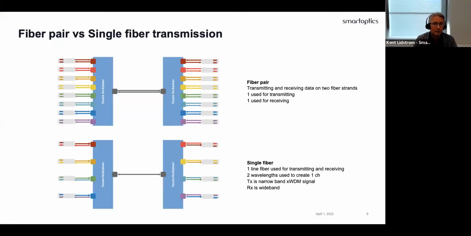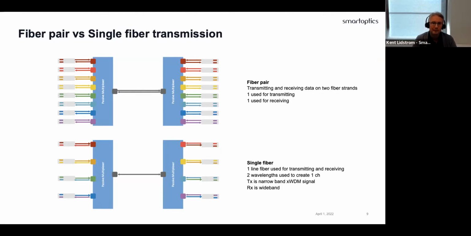You can also send data on the transmission side, both on fiber pairs and on single fiber. Fiber pair means that you use two strings of fiber going between the two multiplexers. So you add data on one side, with one wavelength per service, and you talk to the other side with the same wavelength. Everything that goes, if I call it left to right, goes over one of the fibers, and everything that goes right to left goes on the other fiber. So you basically have only data transmitting in one direction over each fiber.